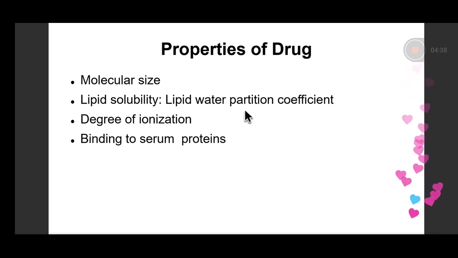The third point is degree of ionization. Now, like I just said, a drug which gets ionized becomes polar, and polar compounds are lipid insoluble and hence cannot move across membranes. The fourth point, binding to serum proteins. It is only the free drug which can move across biological membranes. And we'll talk about all these points by and by as the lectures go on, because right now you don't know too much of systemic pharmacology, so I would not be giving you many examples. I would be giving you classically one or two examples to explain most of the points.